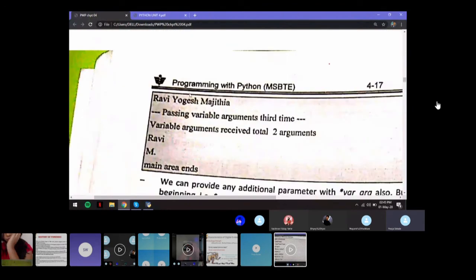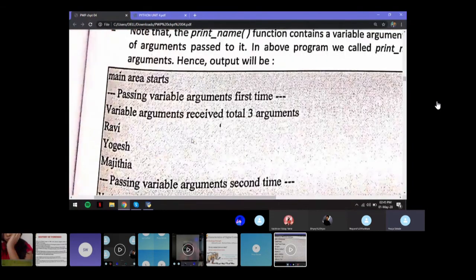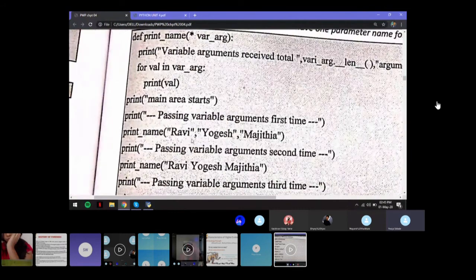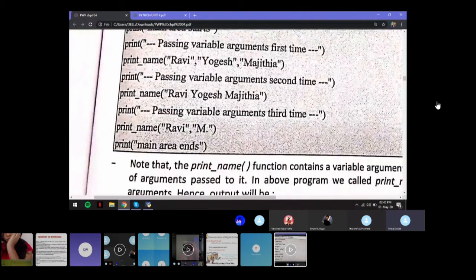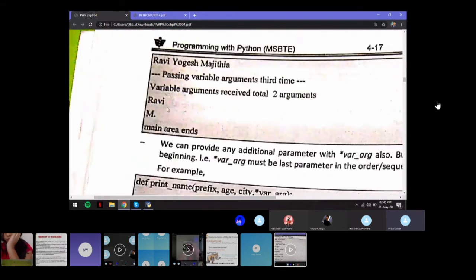Next, in the third function call, you're only passing print_name Ravi, comma M. So it will consider it as 2 arguments and print the 2 values, Ravi and then on the second line M. Okay, that's it.